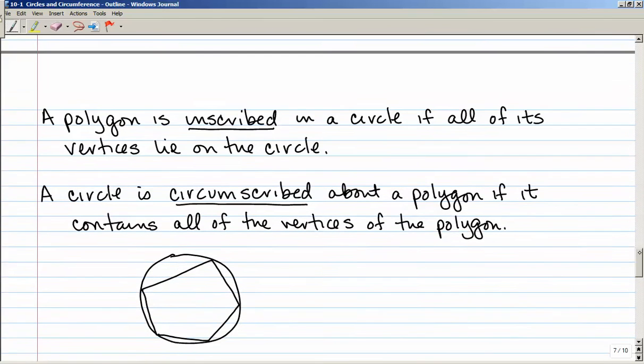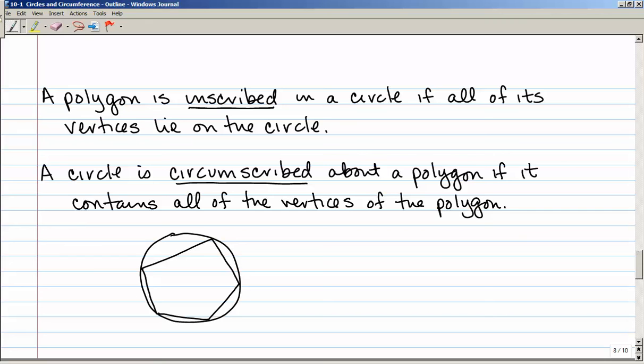Okay. A polygon is inscribed in a circle if all of its vertices lie on the circle. So inscribed literally means written in. So this polygon, this pentagon, is inscribed in the circle because all of its vertices right here lie on the